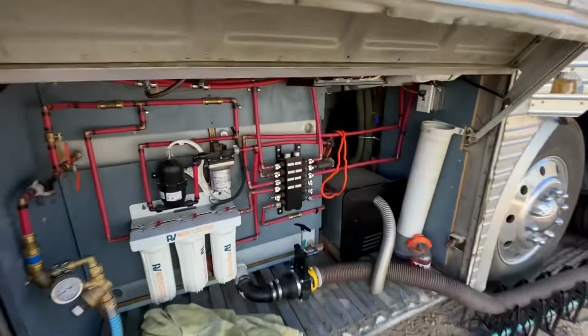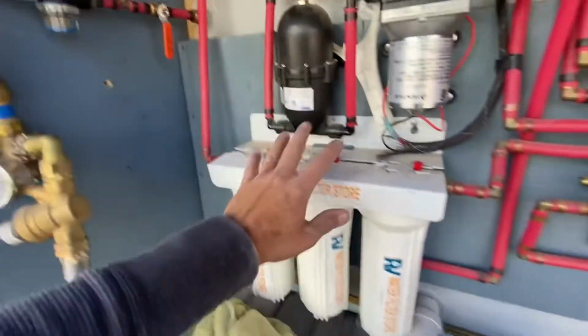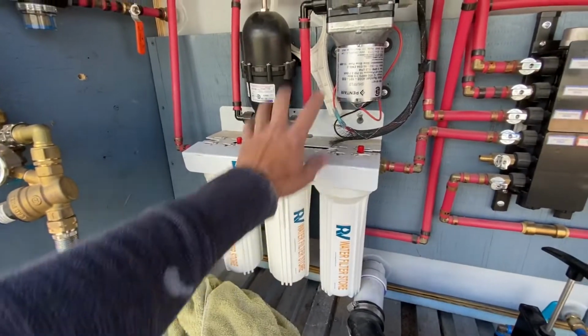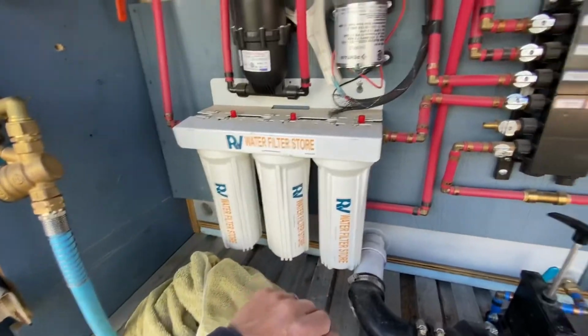So I'm back at it with another project, and this time I'm cleaning up the water bay area. Some of the things I'm going to update: I'm going to utilize some of the empty space in front of the water bins on the fill side to add some shelving. I'm also going to be moving the filters around and the pump and the accumulator down below, and then also